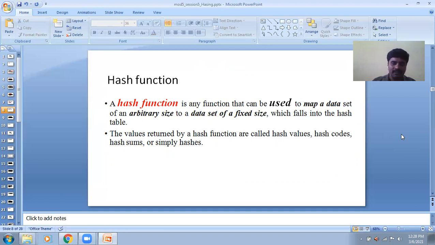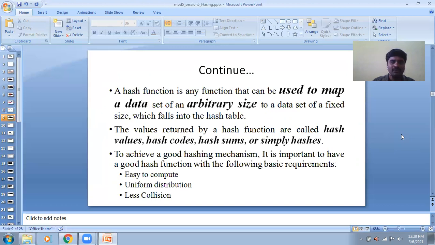Okay, remember these words. Now a hash function is any function that can be used to map a data set of arbitrary size to a data set of fixed size, which falls into the hash table, as we discussed previously.